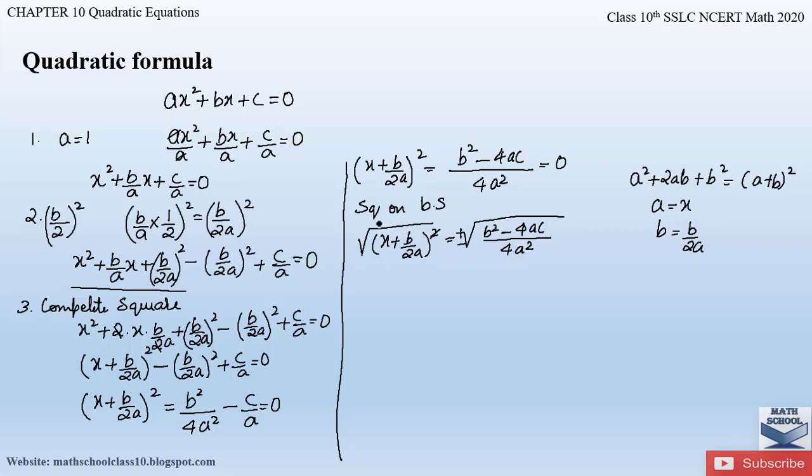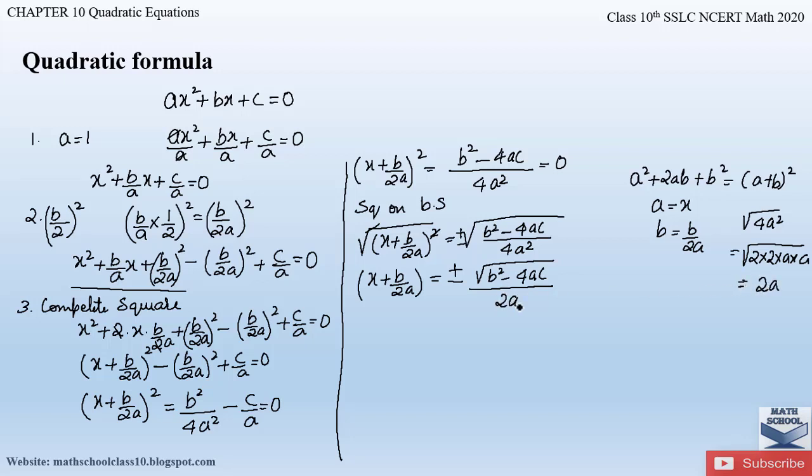Now here the square and the square root term will get cancelled, and we will be left with x plus b by 2a is equal to plus or minus, the numerator will remain the same, that is square root of b square minus 4ac divided by, what is square root of 4a square? Square root of 4a square will be square root of 2 into 2 into a, right? So the pairing of 2 and 2 and a can be done. The result is 2a, right? So this will be 2a.